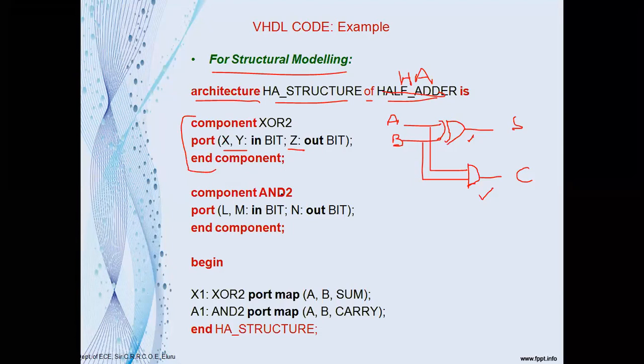Similarly, the second component, the AND gate, is also declared. This is called the component declaration. The component declaration is done between the architecture and begin. This is called the declarative part of the architecture. So that's why the components are declared between the architecture keyword and the begin keyword. Now for our circuit we require two components, so we have declared the two components here. That's it. And now the second one is,